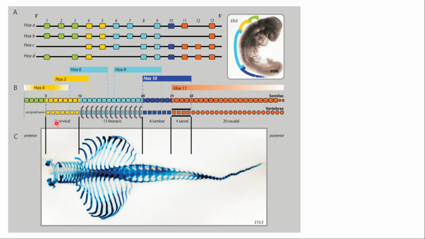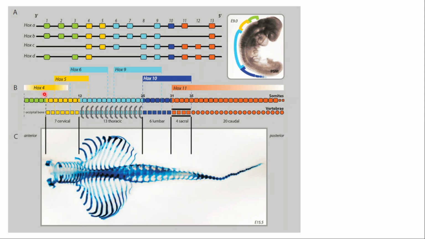So we have first 7 vertebra, the cervical vertebra or the neck and head forming vertebra, 13 thoracic vertebra, thoracic or the ribs forming, 6 lumbar vertebra, 4 sacral and 20 caudal. So this is the arrangement of vertebrae in vertebrates, and we have different gene clusters, homeobox genes clusters expressing along the